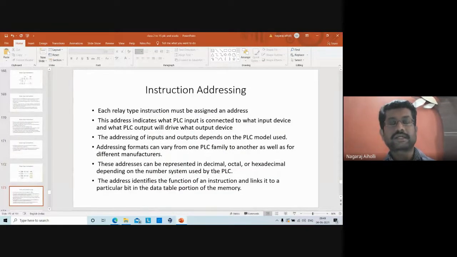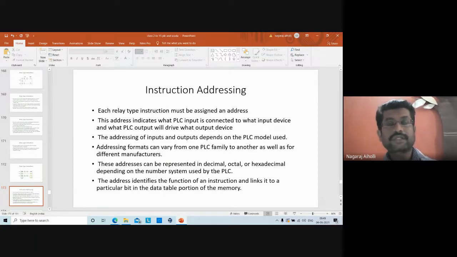Next is instruction addressing. This question on relay type instruction may be asked for about 7 marks or 8 marks in the examination. Instruction addressing, again the name itself. That means what is the address or the memory location we are using for that instruction.